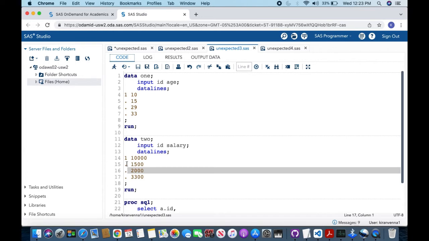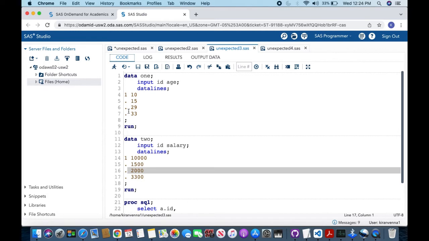Many a time we do not want the joins to happen with missing values because often the results are not clear, and also if we have lots and lots of missing values in one data set and we join with another data set, we are going to get a lot of records which are pretty useless.